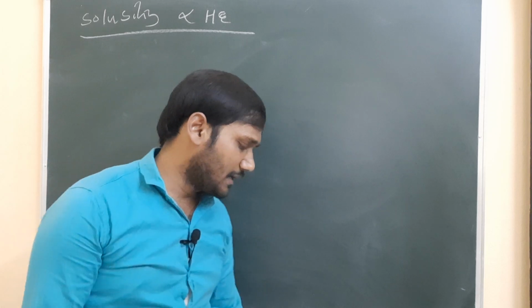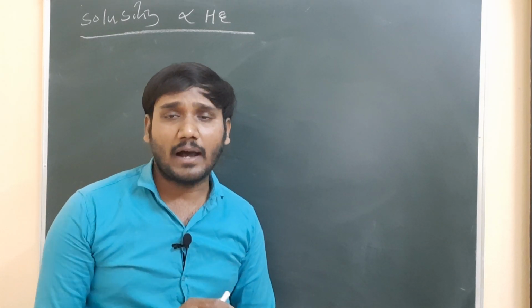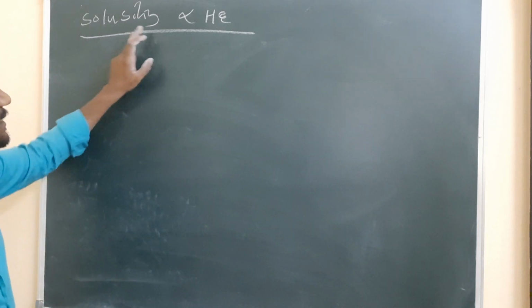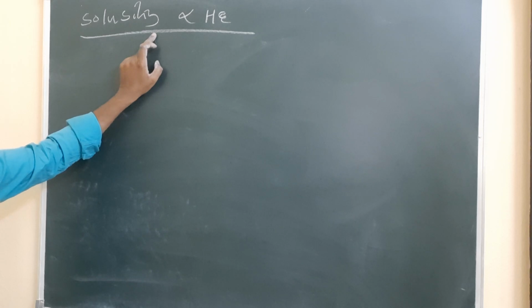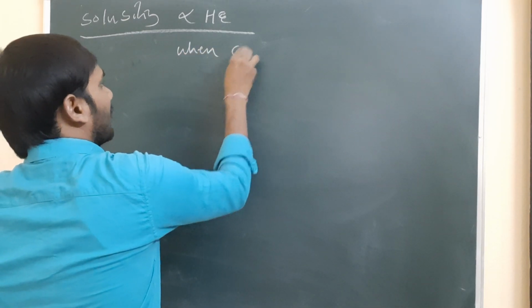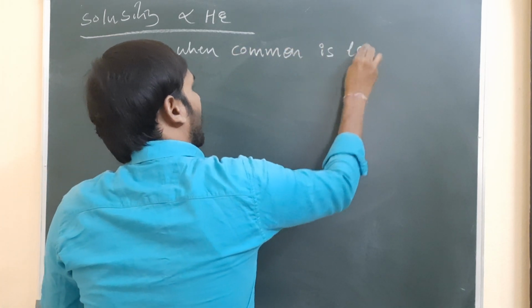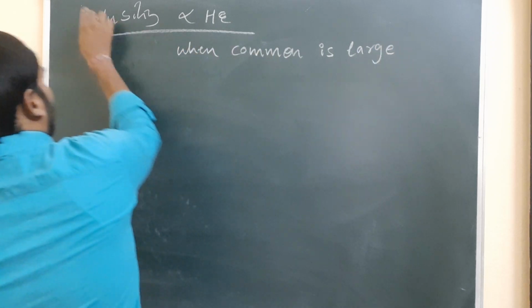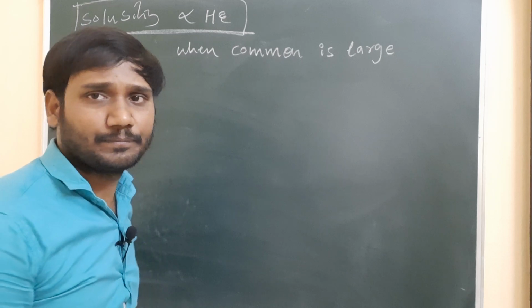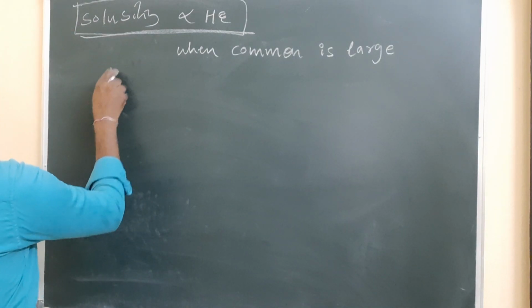Before we discuss it, lattice energy is inversely proportional to solubility when a small ion is present as the common ion. Now, in this particular case, solubility is directly proportional to hydration energy when the common ion is large. So let us see, which ions are large?